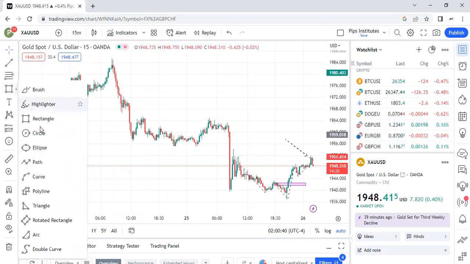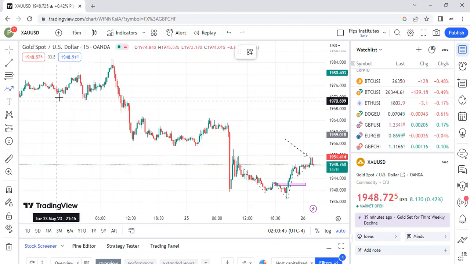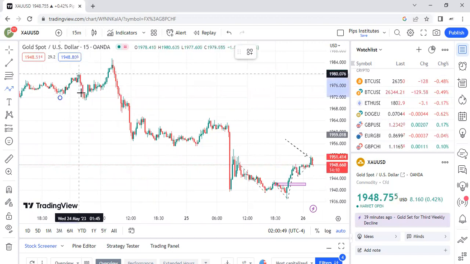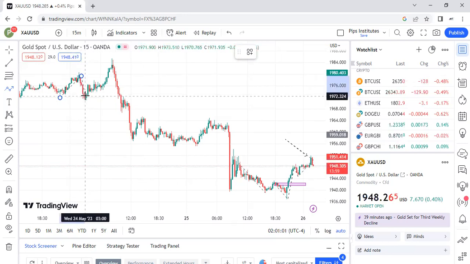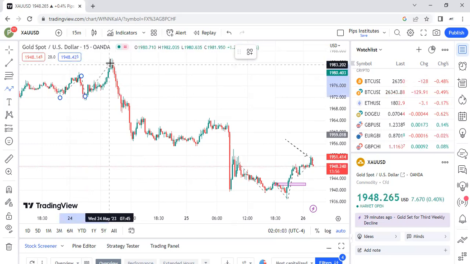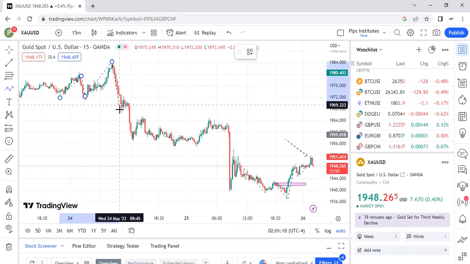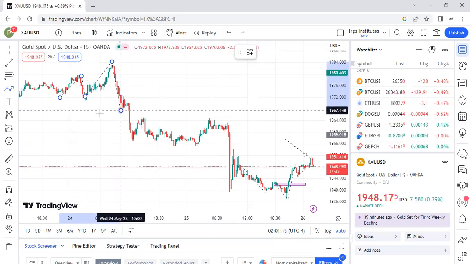This is an example of a bearish breaker block. We have a push up right here, then a push down, a push up right here, then a push down, then we have another push up. As you can see, then we have something like this, right? So that means